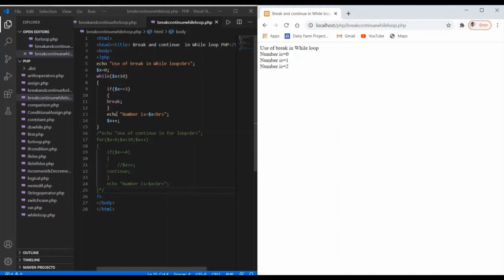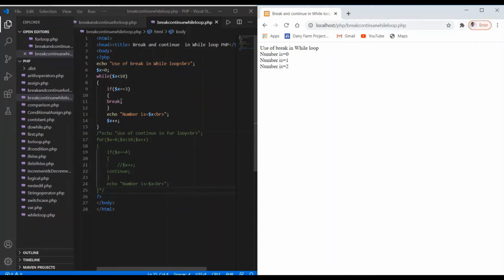But we have set the condition that if the value of x becomes equal to 3, the loop will be terminated at this moment. So once x becomes equal to 3, the loop gets terminated, and we will not get the result 3, 4, 5, 6, 7, 8 and 9 in this case.